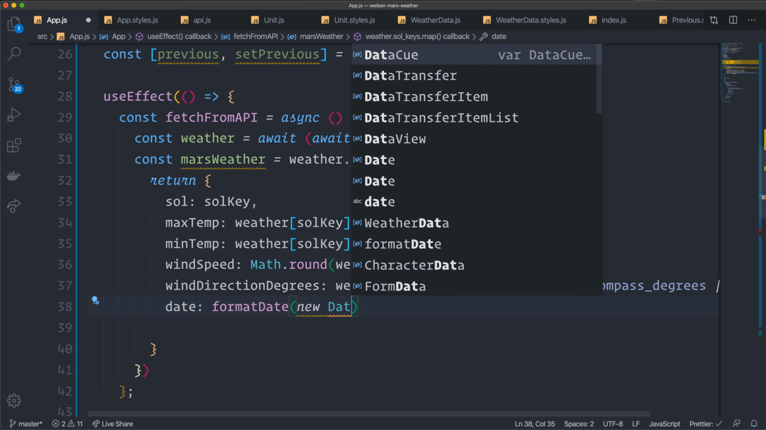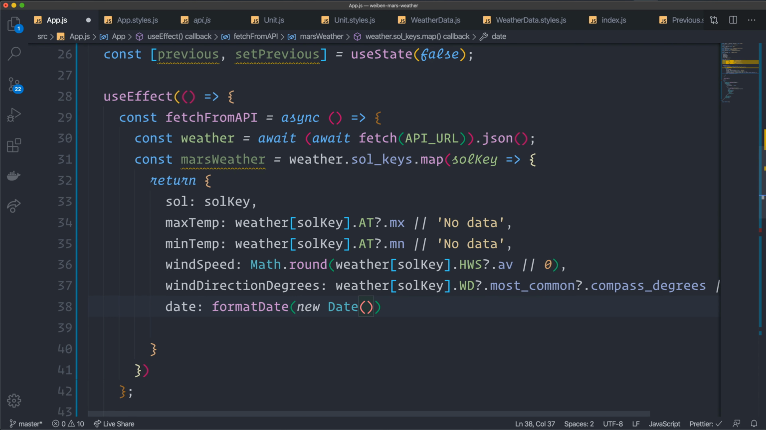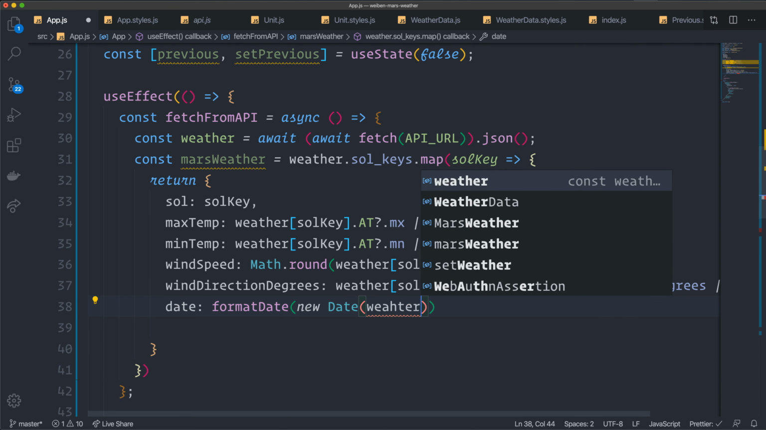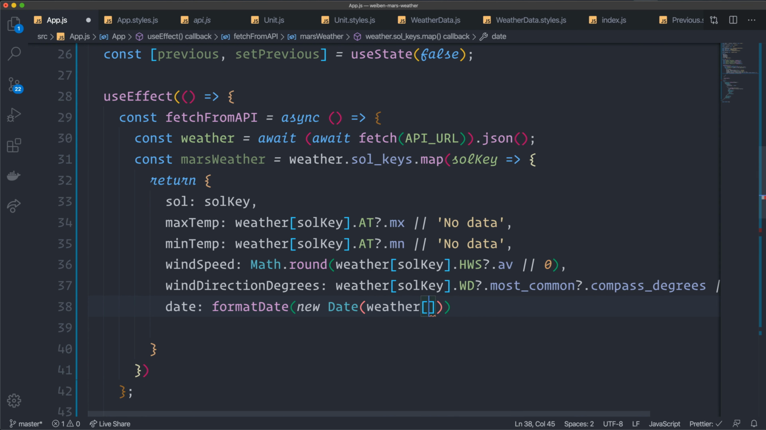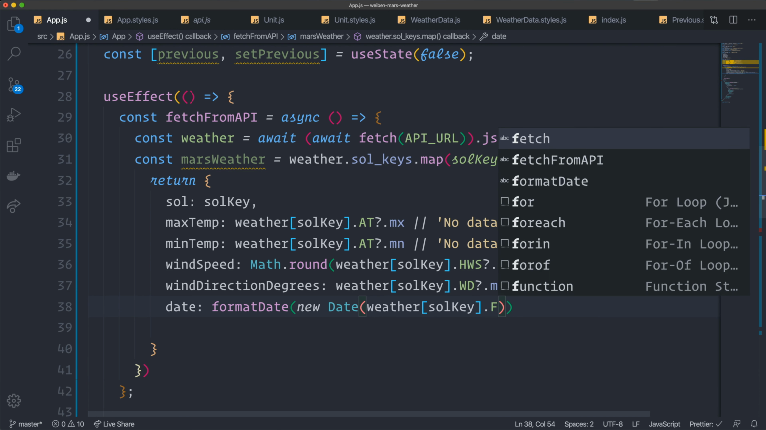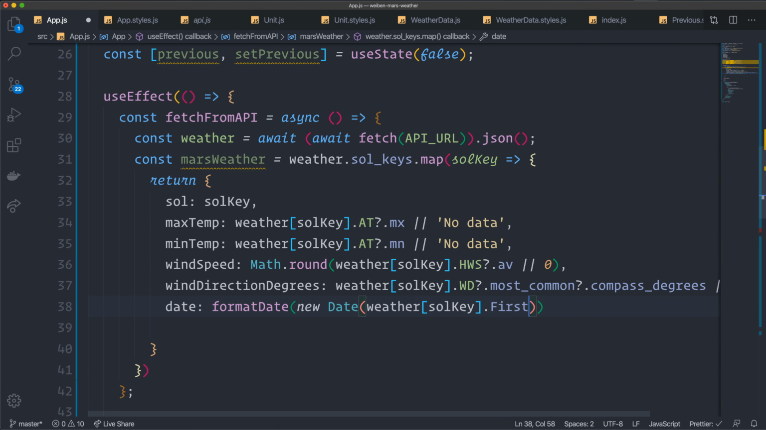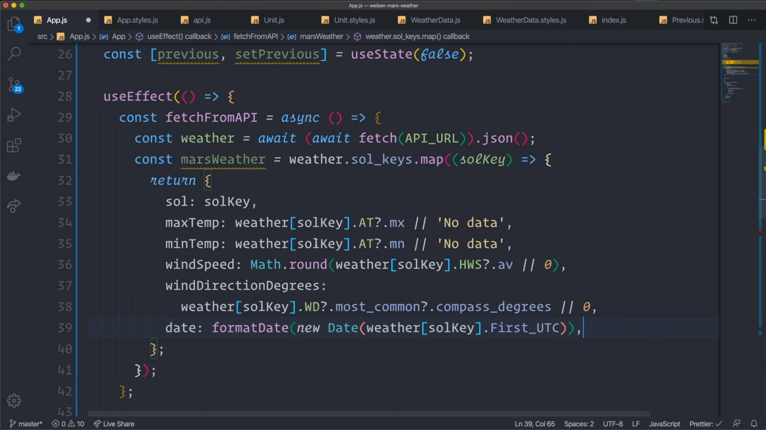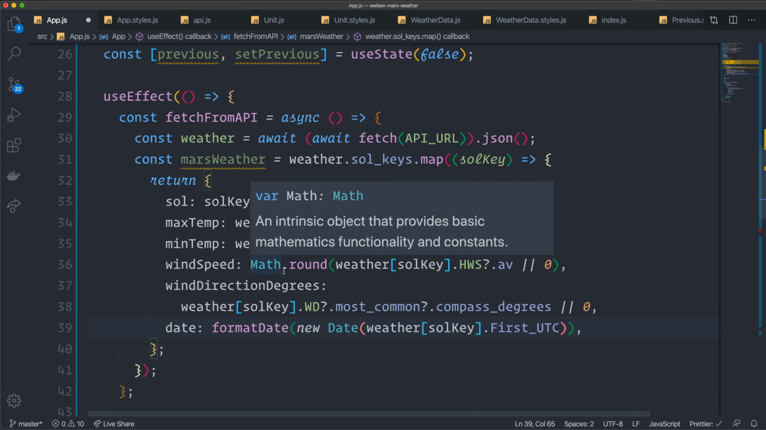New, we create a new date. This is built-in stuff in JavaScript. And we have the weather, square brackets, sol key. And we have a property that's called, I think it should be capital F, First underscore UTC. Be careful with the spelling again. Do some auto formatting. That's the new object that we create, and we have to put this one in the